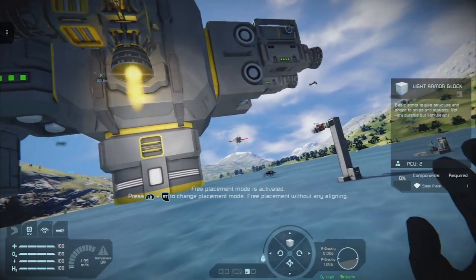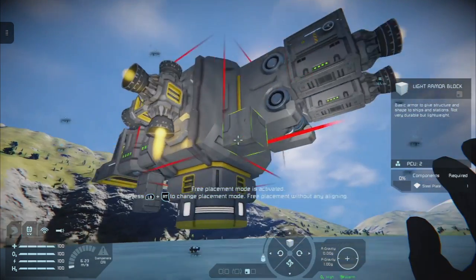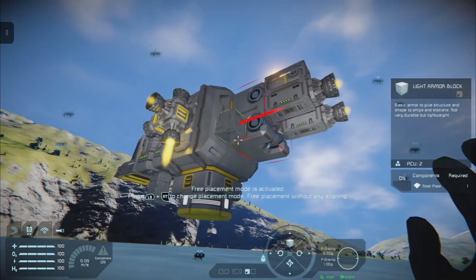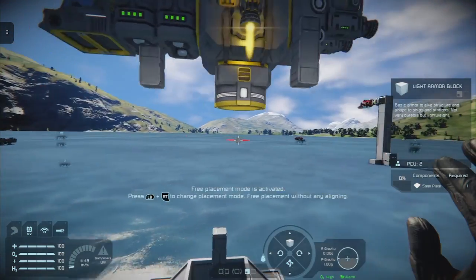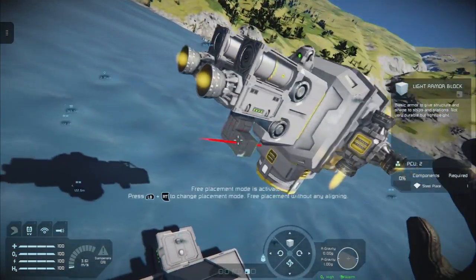In fact, I wouldn't put that underneath there. I'm tempted to build a little bit of a thing out here like this.